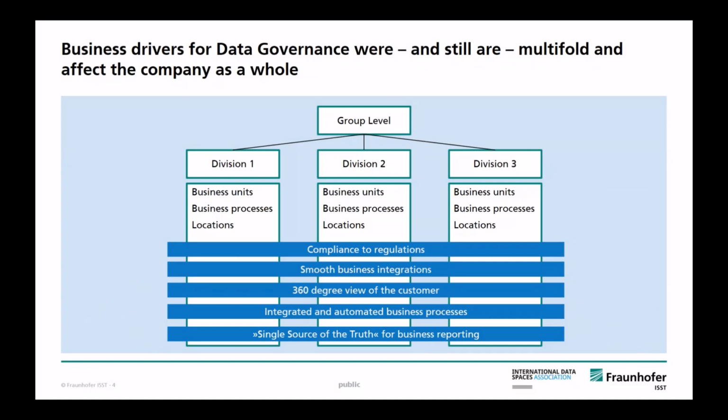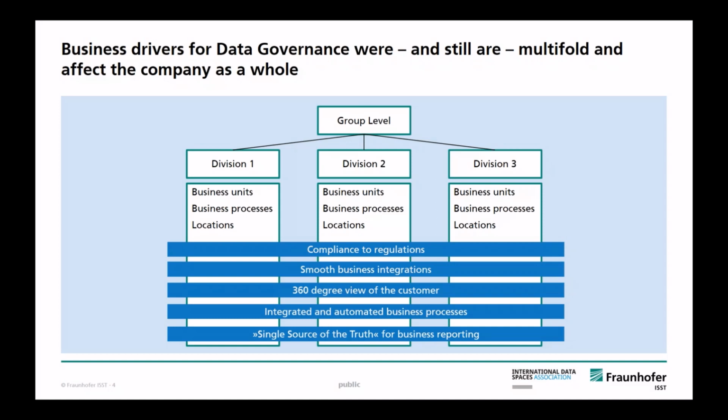So why is that important? It was gaining more and more attention over the last 15 years, I'd say, because many companies were confronted with a couple of different business drivers next to compliance, which we just talked about. For example, smooth business integration, so mergers and acquisitions was a big thing and still is. A 360-degree view of the customer: multiple divisions in the same corporate structure operate with the same customer, and if all the divisions refer to the customer with different customer master data codes and also name the customer differently, then you won't be able to generate a comprehensive and integrated value proposition to the customer. Of course, integrated and automated business processes across different functional silos was another driver,